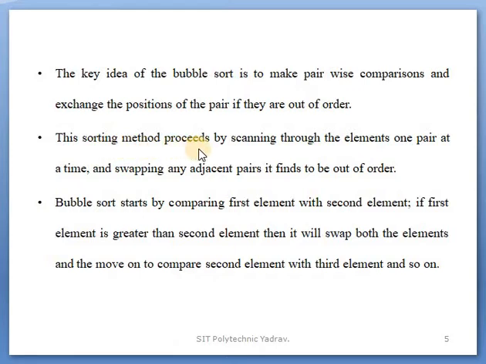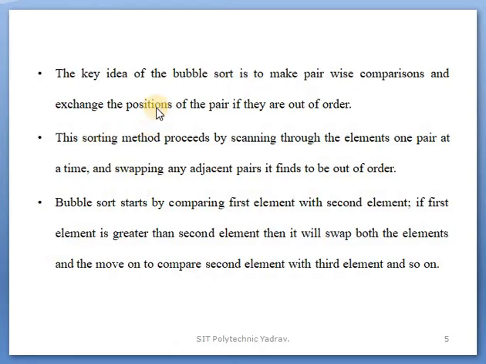This sorting method proceeds by scanning through the elements one pair at a time and swapping any adjacent pairs it finds to be out of order.